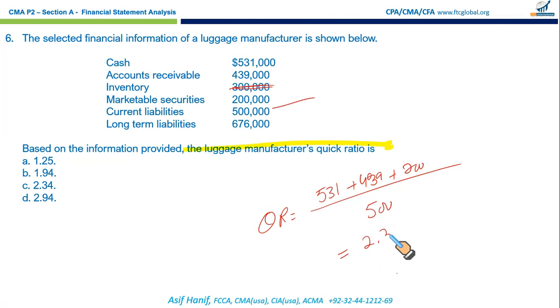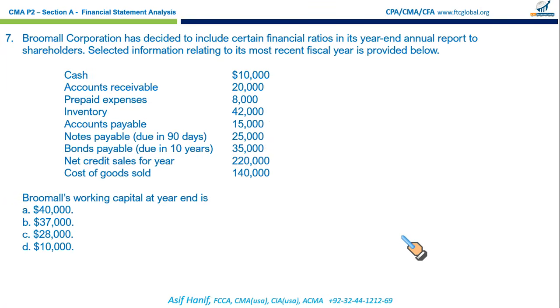It's a pretty straightforward question, and such questions should be done first so as to gain you certain confidence over it. 2.34 is the answer. Always go for the requirement. It says working capital. Now we know what to do with the information we are going to read.